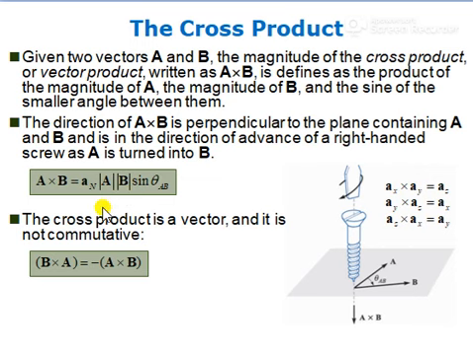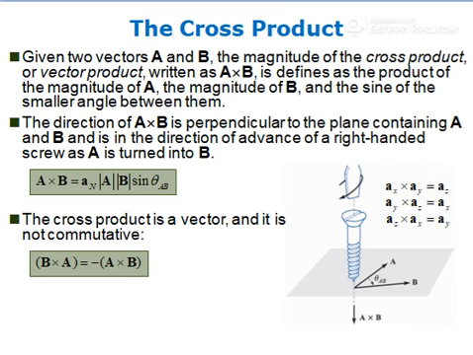Now the cross product of unit vectors, as unit vectors are required. ax cross ay is nothing but az. ay cross az is ax. az cross ax is ay. This should be in the clockwise direction. If suppose this is ay cross ax, this will be minus az, like that. So this is the next property.